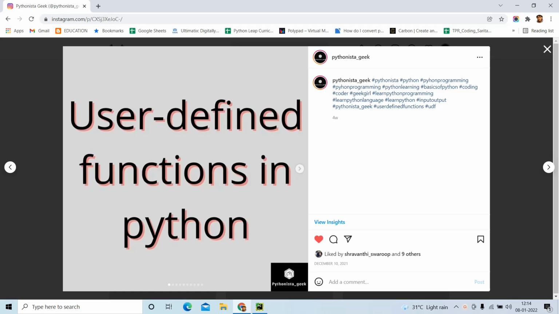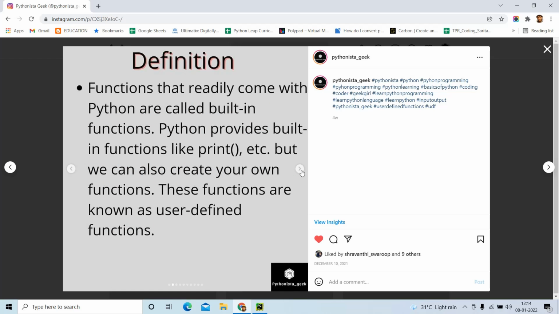So what is a user-defined function? If you want to write code which is going to be repeated whenever you call it, then you can put that part of code together to make a user-defined function. To be precise, what is the difference between a loop and a user-defined function? A loop is something which is going to be repeated n number of times, continuously repeating. But a function is a set of code which you can execute whenever it is needed throughout your program. It is not compulsory for it to be continuously repeated. So this is the specific part of a user-defined function.